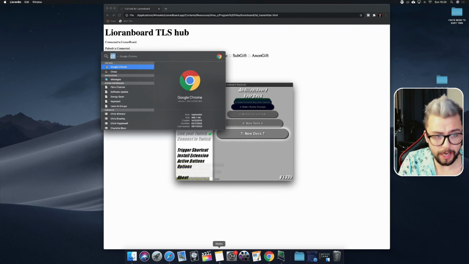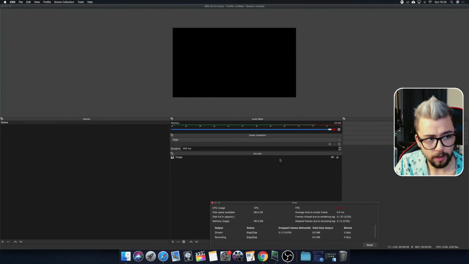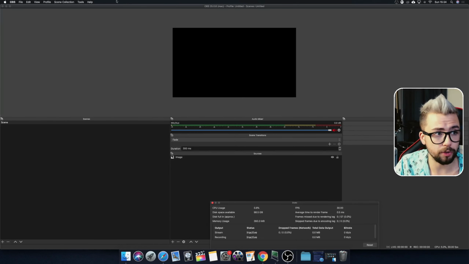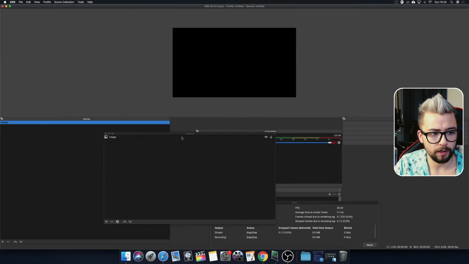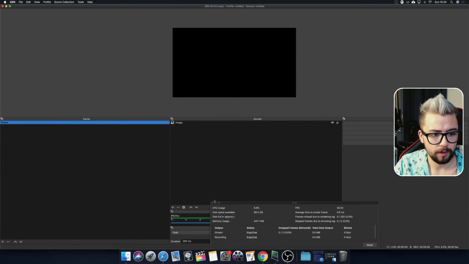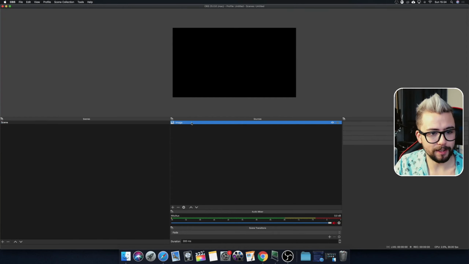Next, we need to open up OBS. So if we do a search for OBS just like that, make sure you have got WebSocket installed, which we already went through. I've got this one scene that I've got here. I don't know why everything's in a weird spot and whatnot. I'm going to put it there just for now. Close this. We don't need it. Yeah, there we go. And I've got this blank scene with an image on it that I've used as a